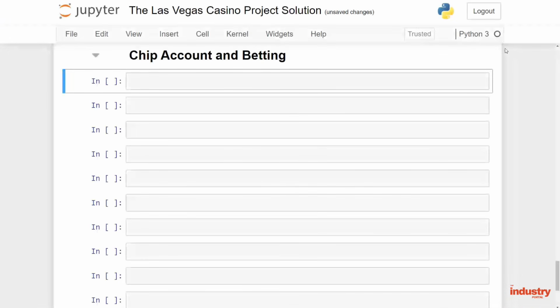In this video, we're going to address the problem of tracking a player's chip count and then allow a player to place a bet in the game. So in order to do this, I'm thinking it would be a good idea to create some form of chip account that will allow us to track the player's chip count from the start, and then have some methods that add chips to the account if the player wins the round or deducts chips from the account if the player